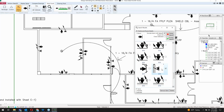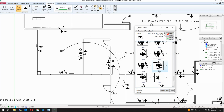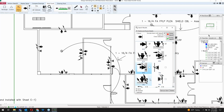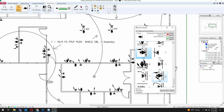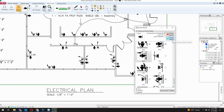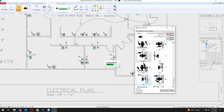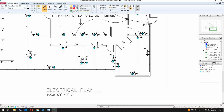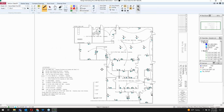And let's grab that one as well. There we go. So now I can actually right click here, check everything above it. Snag that one right there. And there we go. All right, so that's all of them. So now if I come up here and hit accept, there we go. In a matter of, I don't know, a minute, maybe 2 minutes, we just took off all of